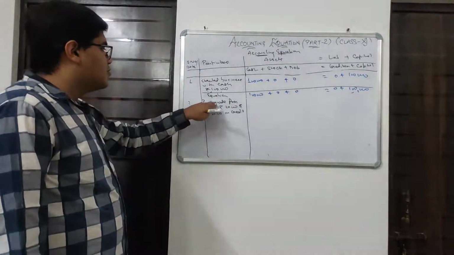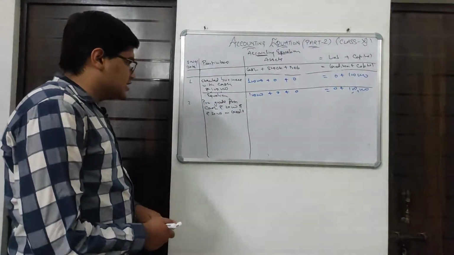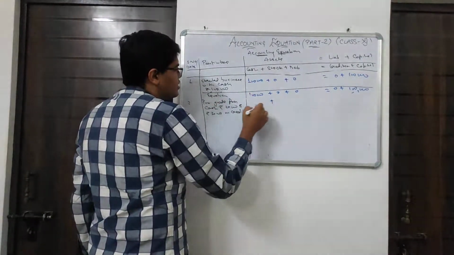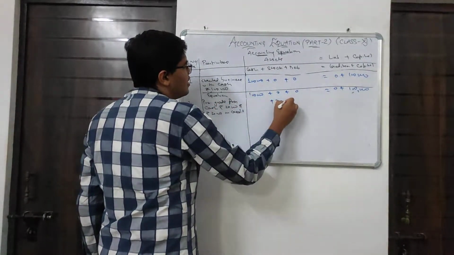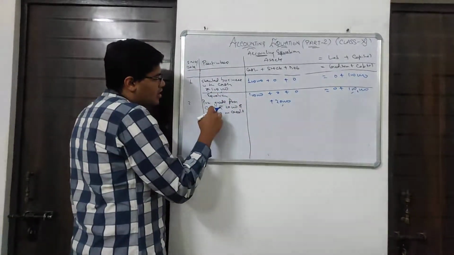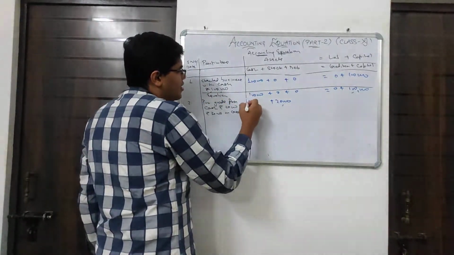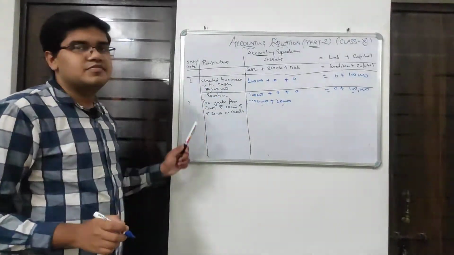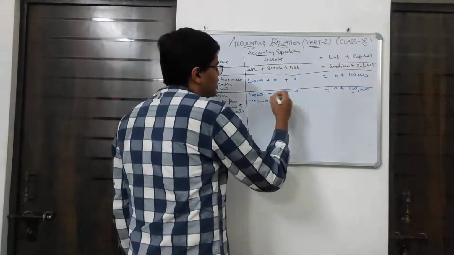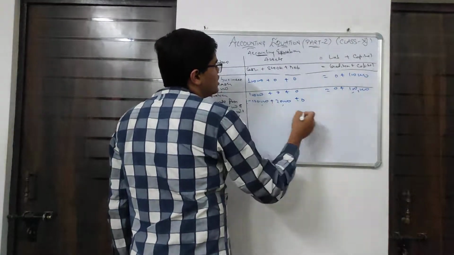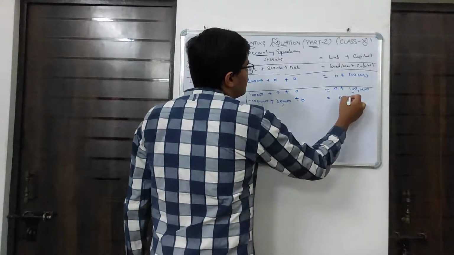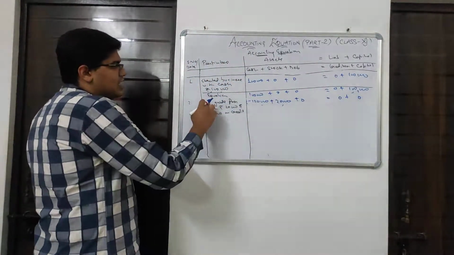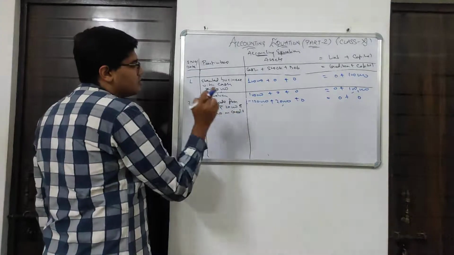For example, purchase goods for cash 20,000. Since we are purchasing the goods, the stock is coming into the business, so 20,000 will be added here, and cash will be deducted by 20,000, since cash is going out of the business because of purchasing the goods. No change in debtor, no change in creditor, and no change in capital. And the second part of the question is that it purchased the goods rupees 30,000 on credit.